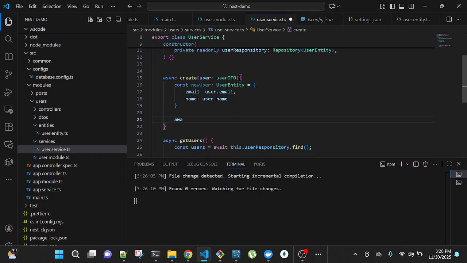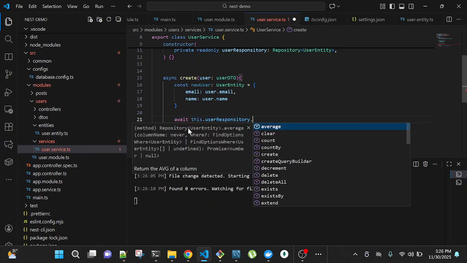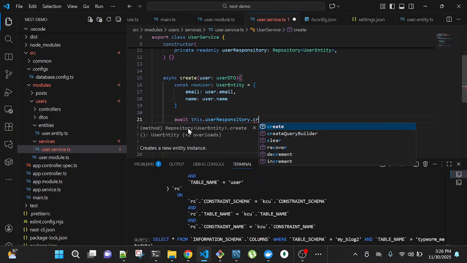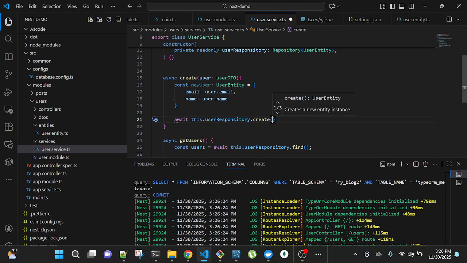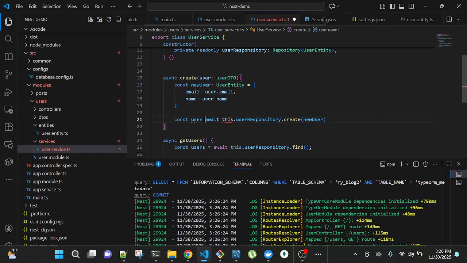Then when this is done, just call this user repository. You call the create, create new user. Then we are just creating it. Created user.